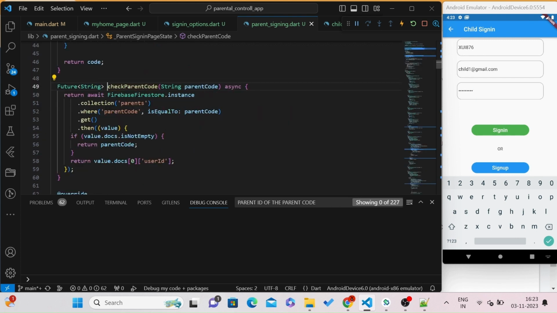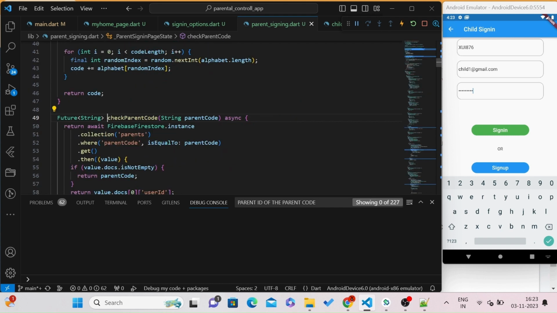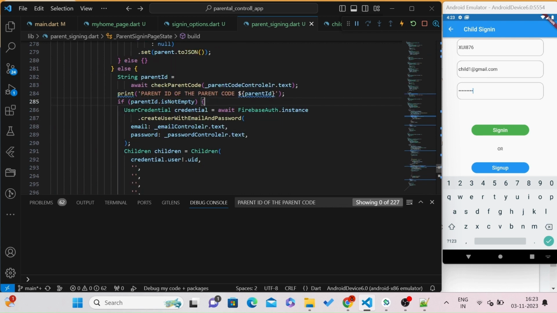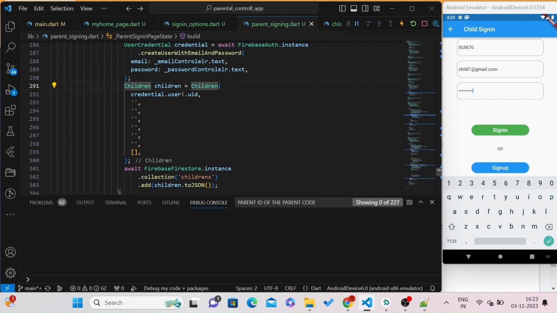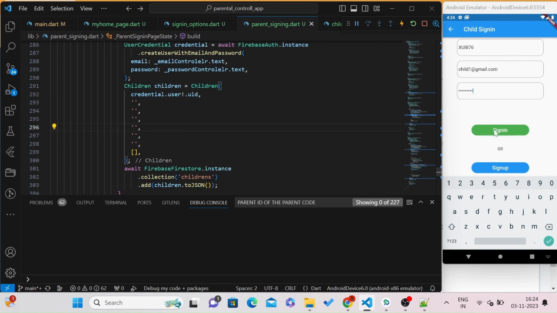which we have written here, and if it is not empty, if the parent ID is not empty, then we will create a user with email and password, and we will store the rest of the details. Like inside this children constructor, we are passing the credential user ID specifically created for the child, and we will later add this latitude, longitude and other device or the parent ID. Let me just click sign up,